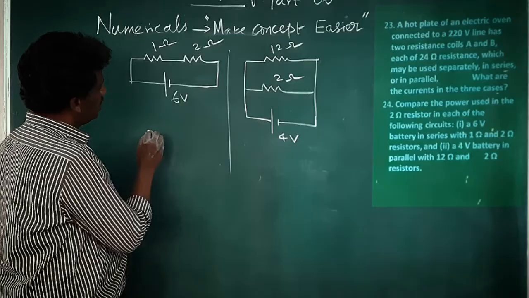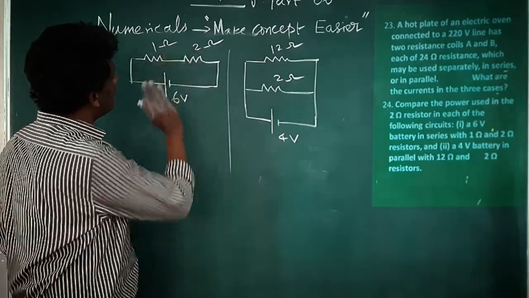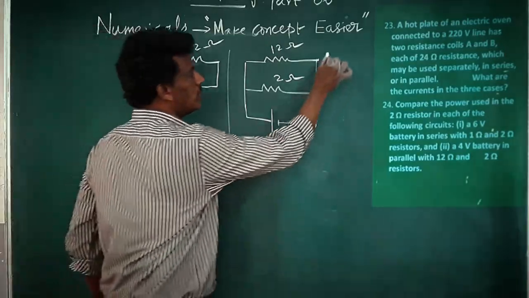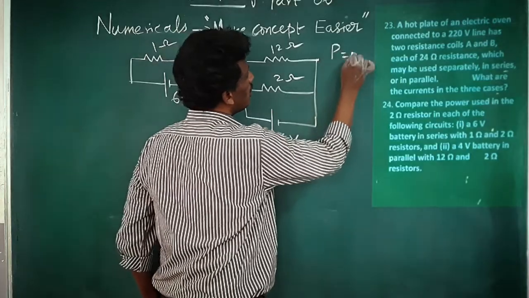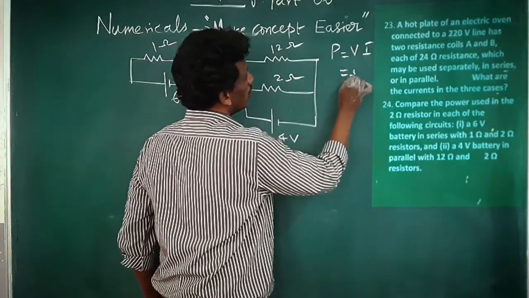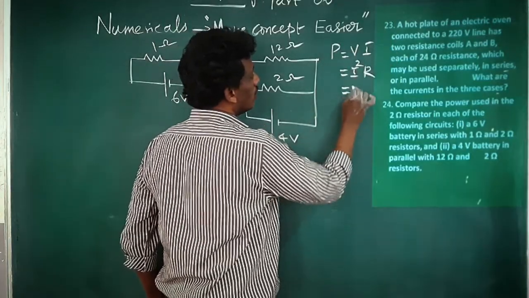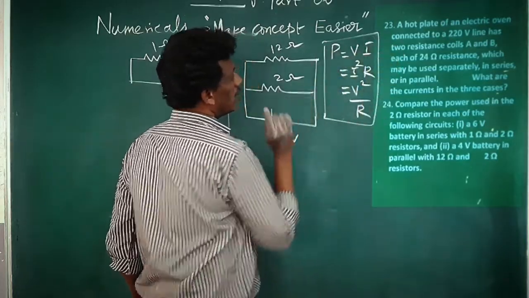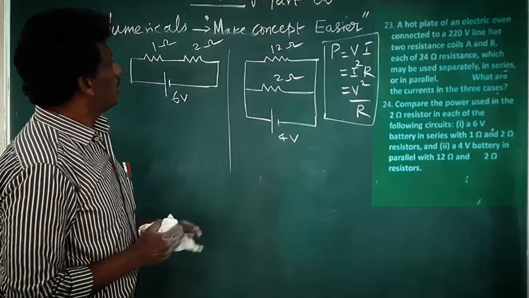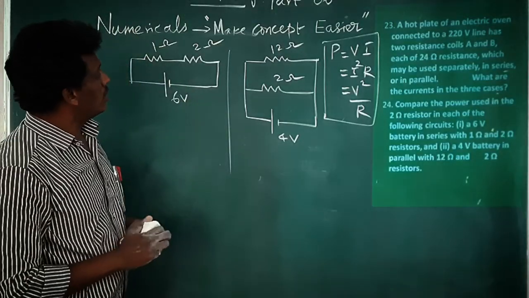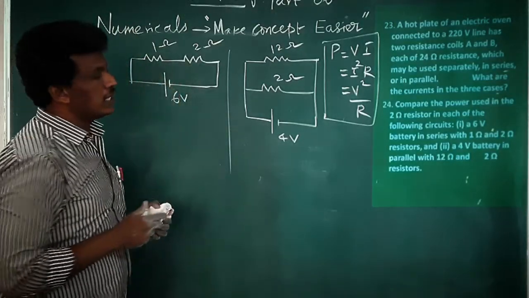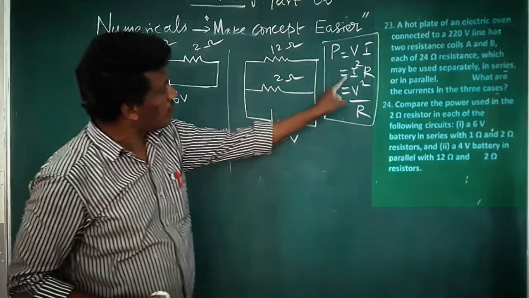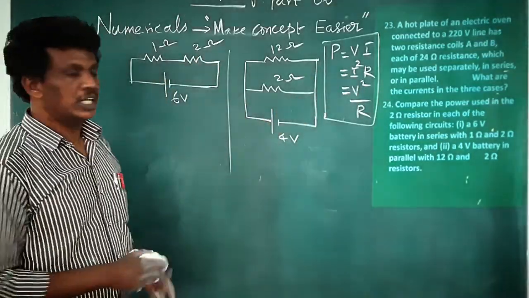Let us see for here. What is the basic formula? Because series combination. Because you know 3 formulas, no? What is this? P equal to VI, I squared R, V squared by R. These are the formulas you read? Yes. Now first case, which one? Because it is series combination, in terms of I and R you have to select.